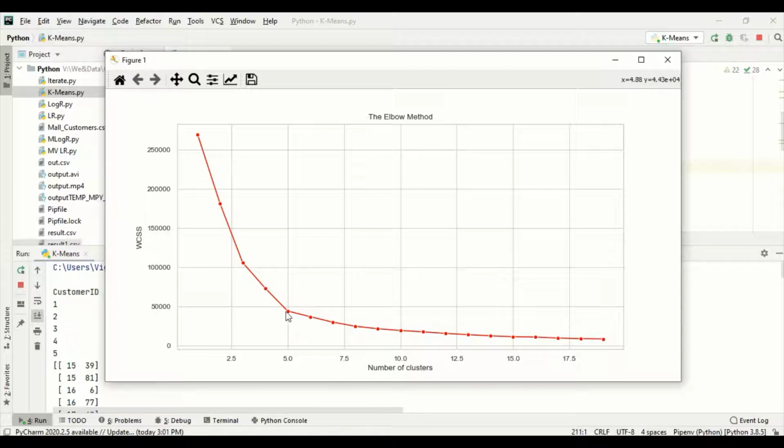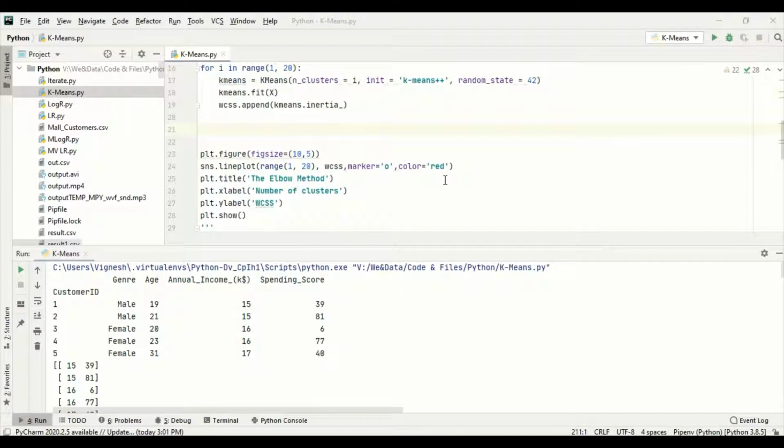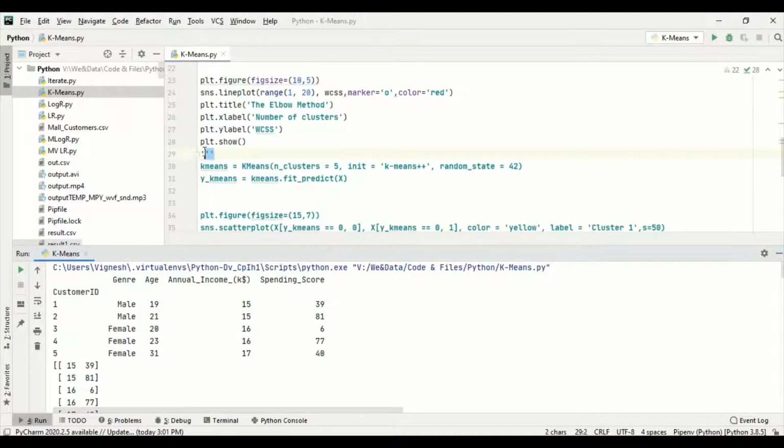Now you can see there's a sudden drop at 0.5. Then it goes to stabilize. So the number of clusters, the K value, shall be 5. The K value or the clusters is 5 from this elbow chart. We shall close it now. We'll see through the rest of the code and run it fully now.